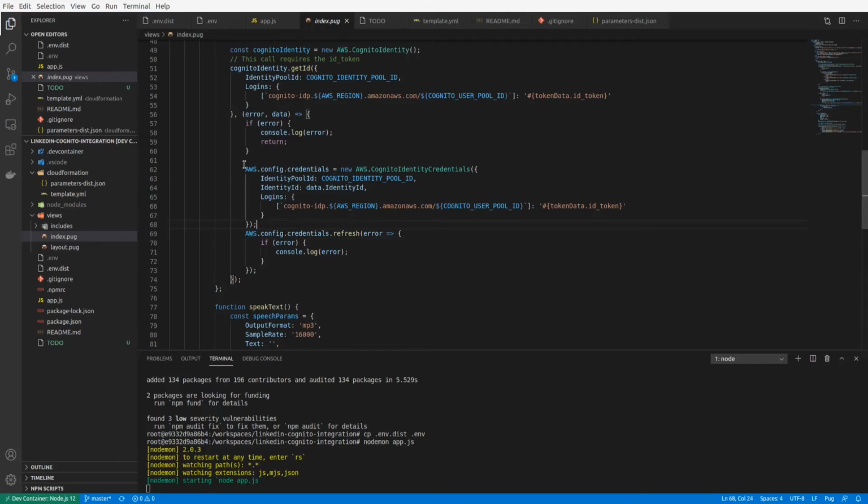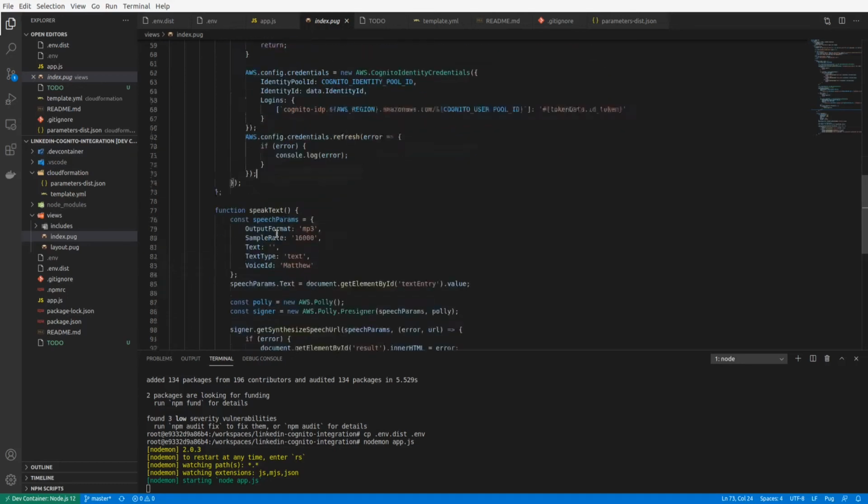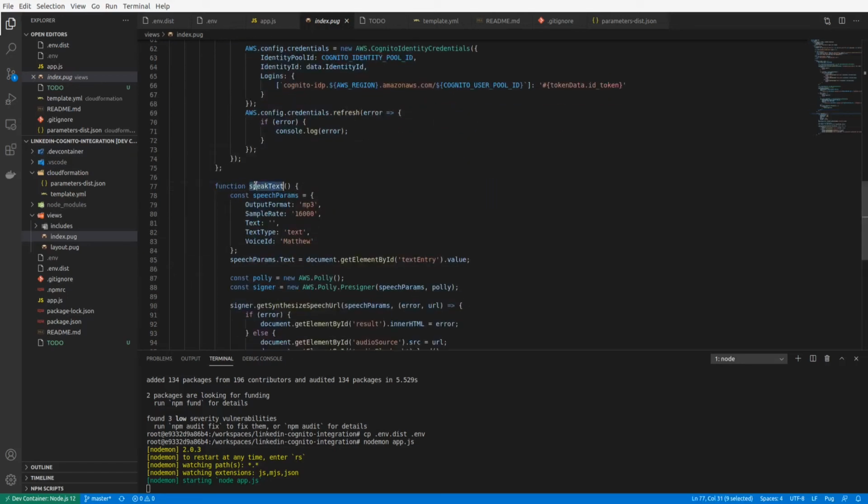So here nothing really happens. The actual request is made here in the refresh method. Now, yes, it's called refresh, even though we are generating completely new credentials, but basically everything is, put it this way, hidden from us. So we only have to do this once, and then the SDK will make sure that this is refreshed. It will again use refresh in the background to refresh the credentials, so we don't have to worry about it. And the credentials will be stored in the SDK so that later we can use this speak text function